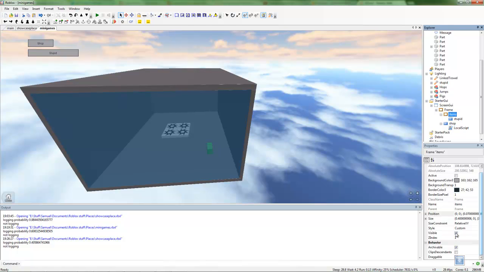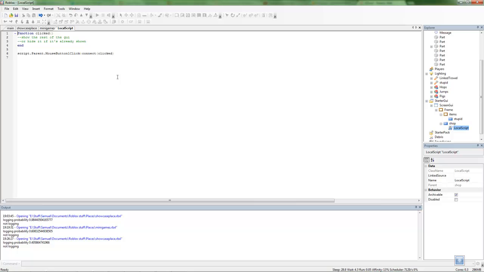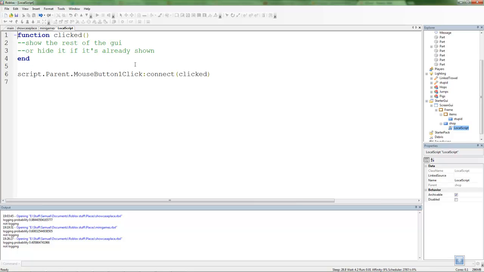not visible. So if you make this frame not visible, everything inside it will also be not visible. So you can change this property in script very easily. So if we wanted to, with this script, which is what we're going to do, we can just make it invisible very, very easily. So if you click shop again,